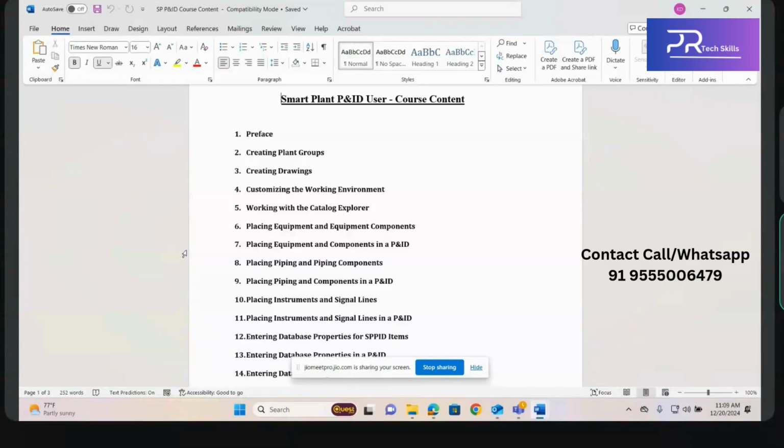And why many major oil and gas industries like Shell, Chevron, ExxonMobil, and in the Gulf countries almost 90 percent of companies, who are